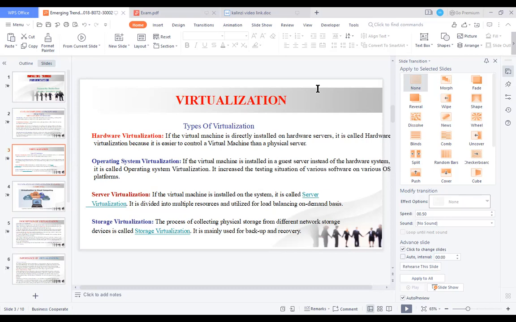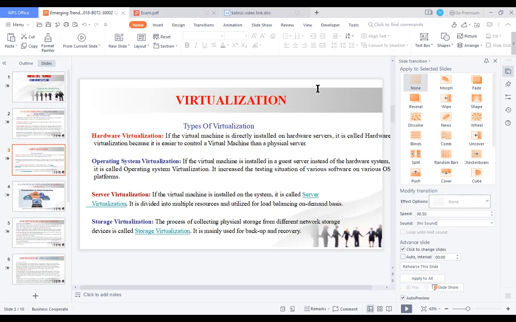This is different from hardware virtualization, which means that in this type you can have different kinds of operating systems, like in computer software programs, and you install them and run them on the operating system platform in your device.